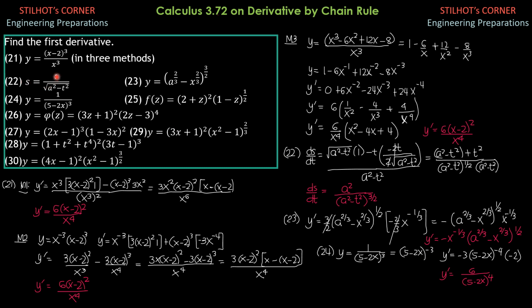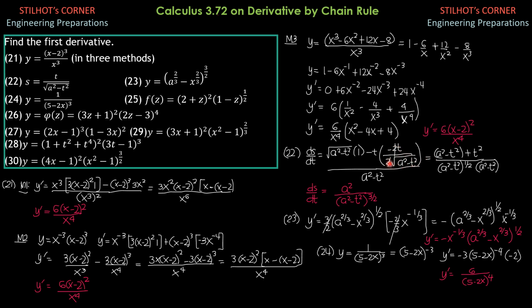So this is a fraction. We have a denominator again. Denominator, derivative of t with respect to t is 1, minus numerator t, then derivative of square root of a square minus t square is like the derivative of square root of u, which is du/dt all over 2 square root of u. So du/dt is negative 2t in the numerator. So minus numerator t, then quantity derivative of a square minus t square is negative 2t over 2 square root of u, so 2 square root of a square minus t square.